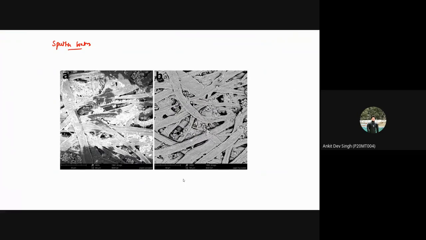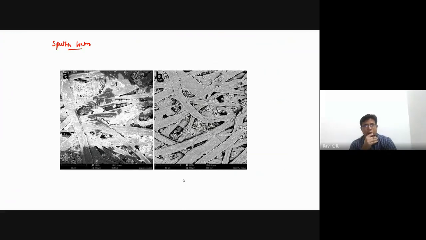So there won't be any signals, like electron interaction will not be happening. No, it will be happening, but I'll explain. There will also be electron-specimen interaction happening, but it will be happening more. That is actually the problem. Now if you look at this image, this is an uncoated sample. Okay, this is a coated sample.